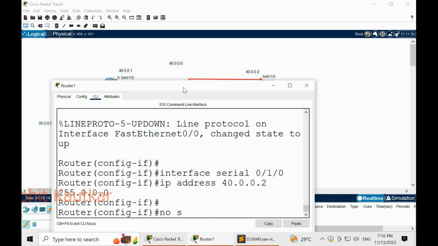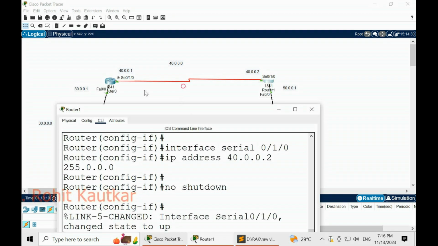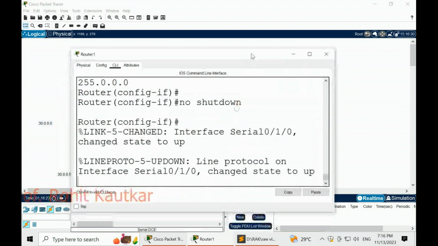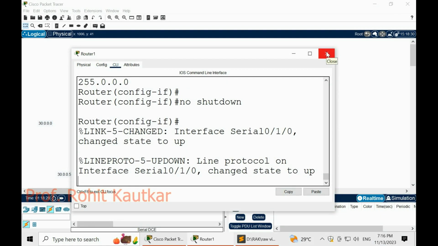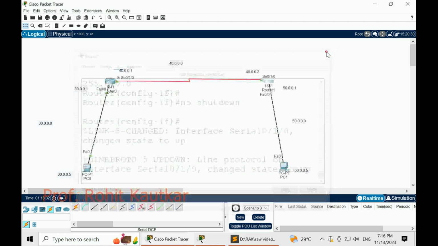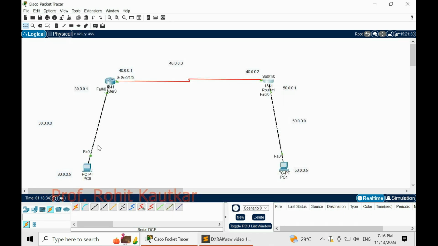Hit enter and now use the command no shutdown. This link also got up. So here as well the configuration of router 2 is completed. So we will close this now.